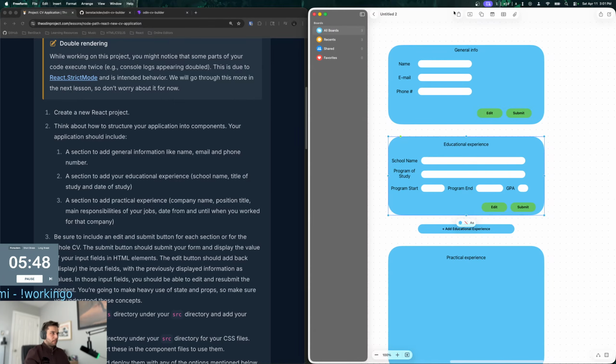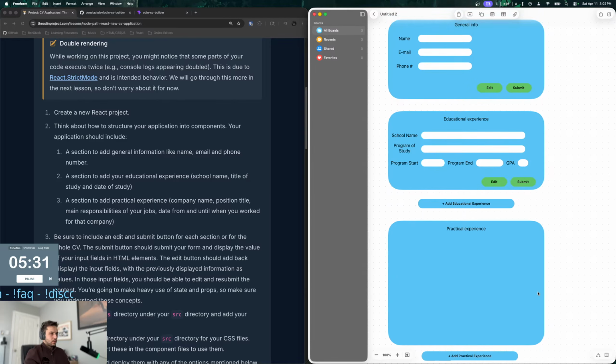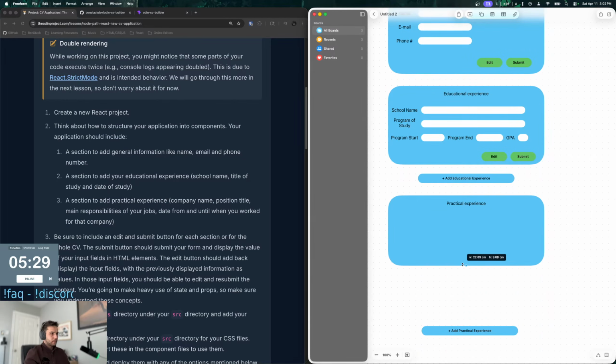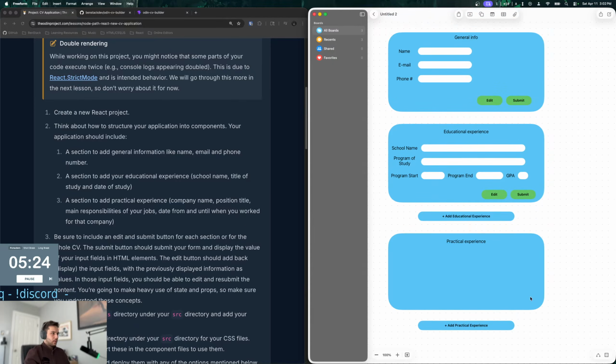And then maybe I have like a parent component that renders all of those children, right? So, and then practical is going to be similar, because we're going to have multiple practical experiences, right? So we'll just do the edit and submit here.